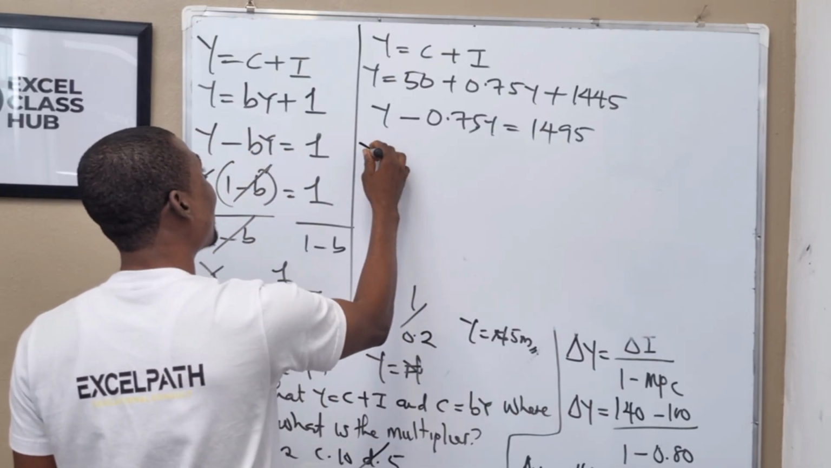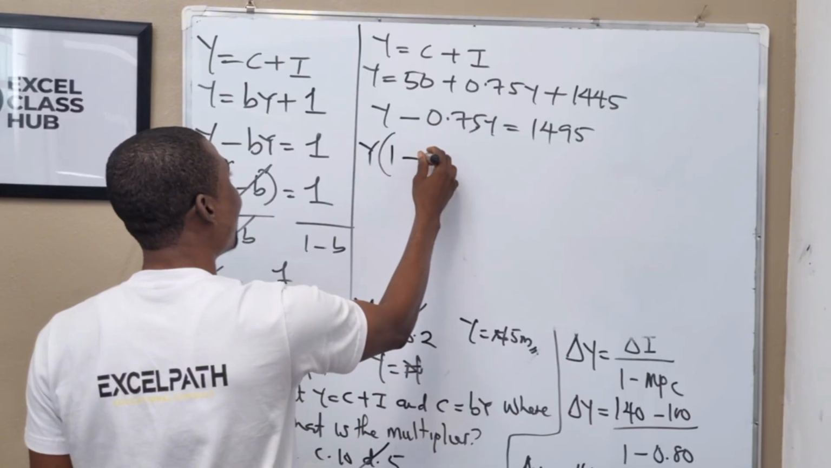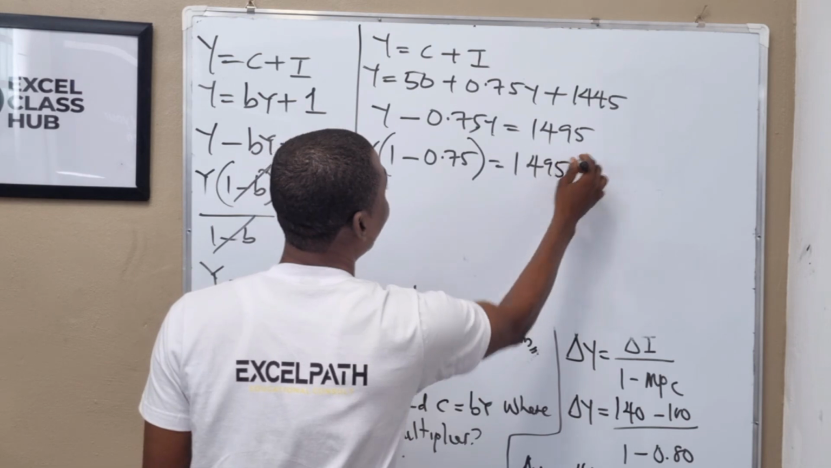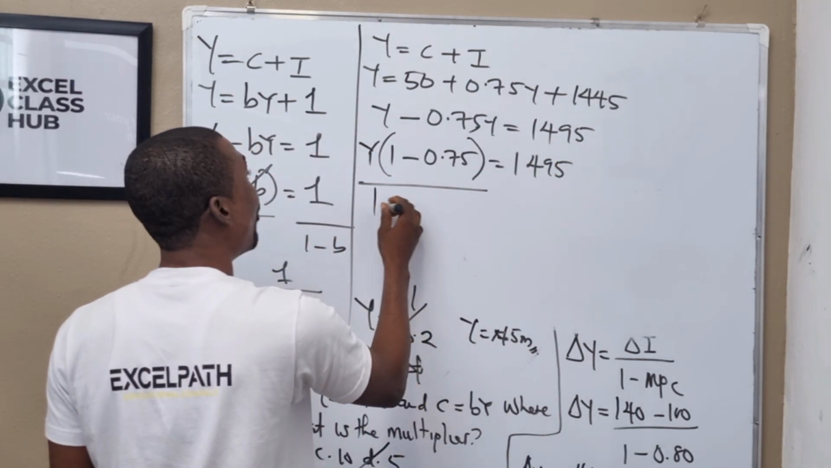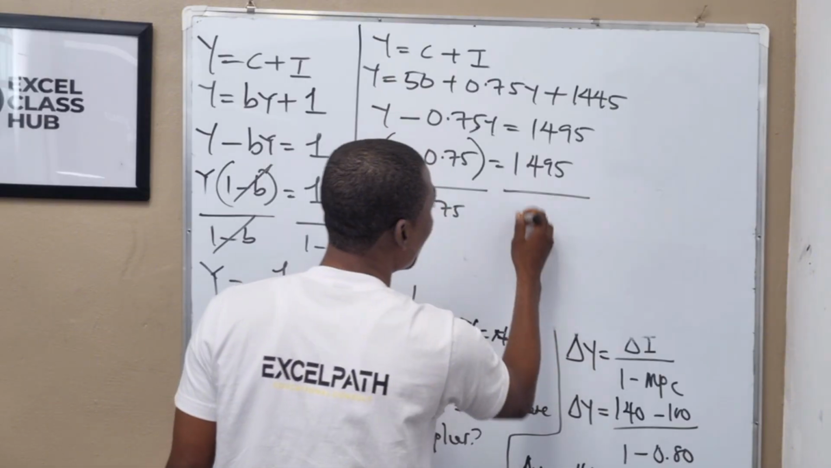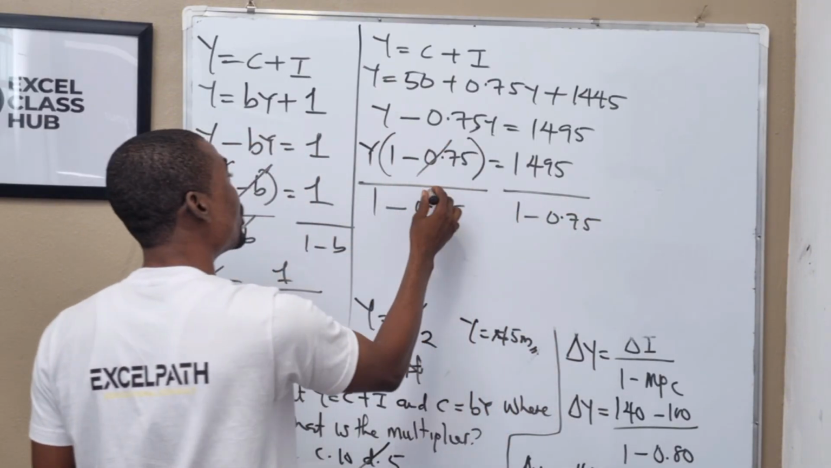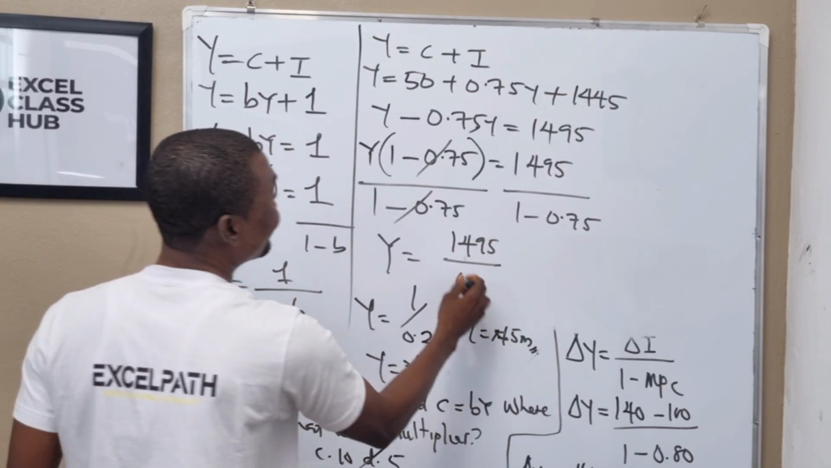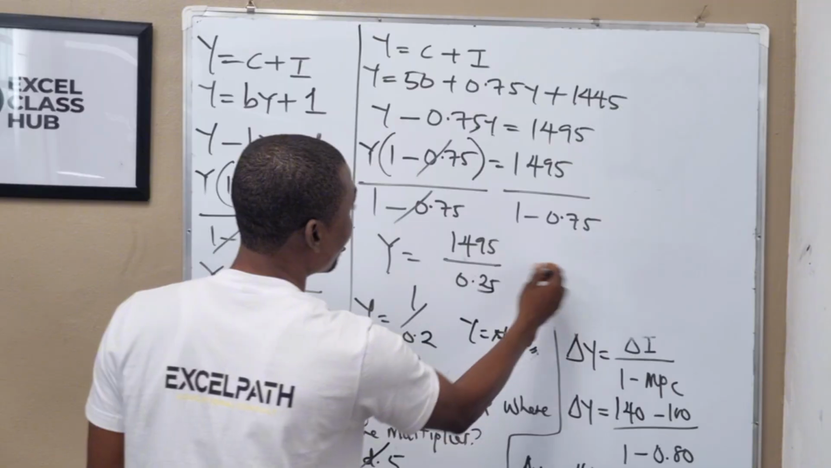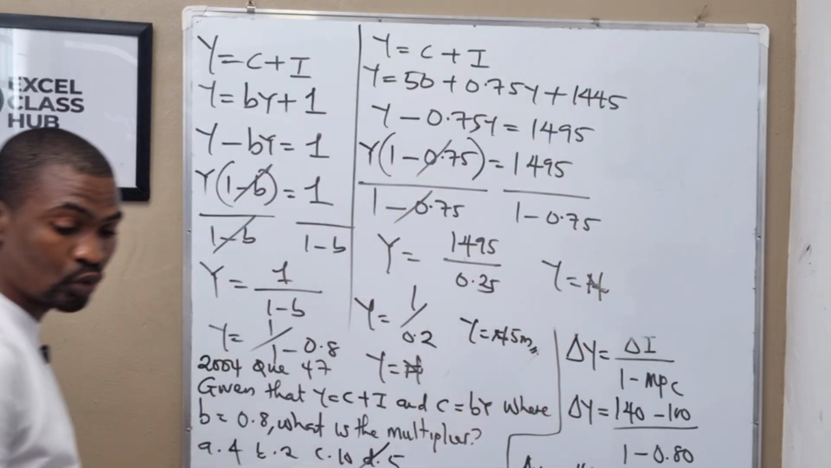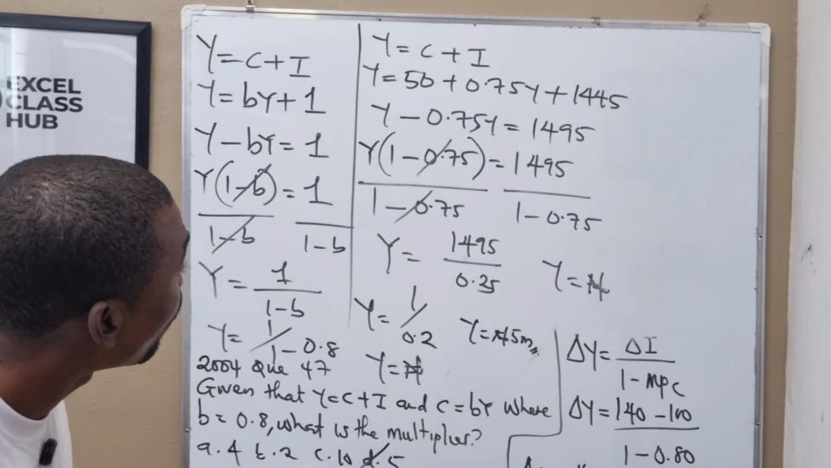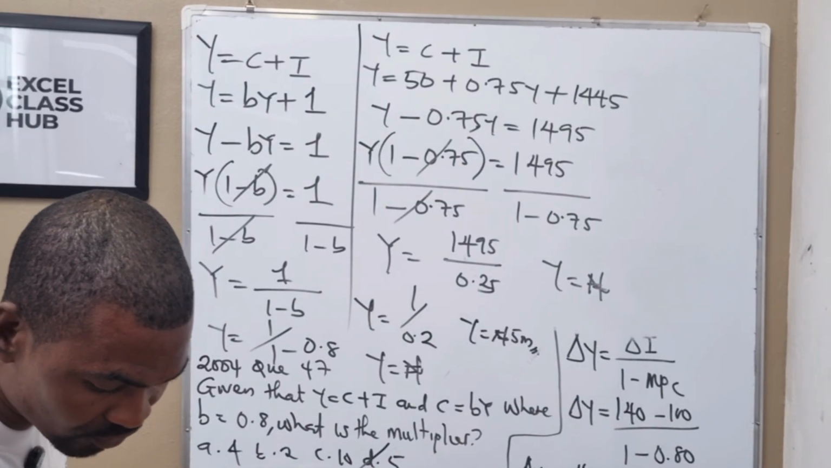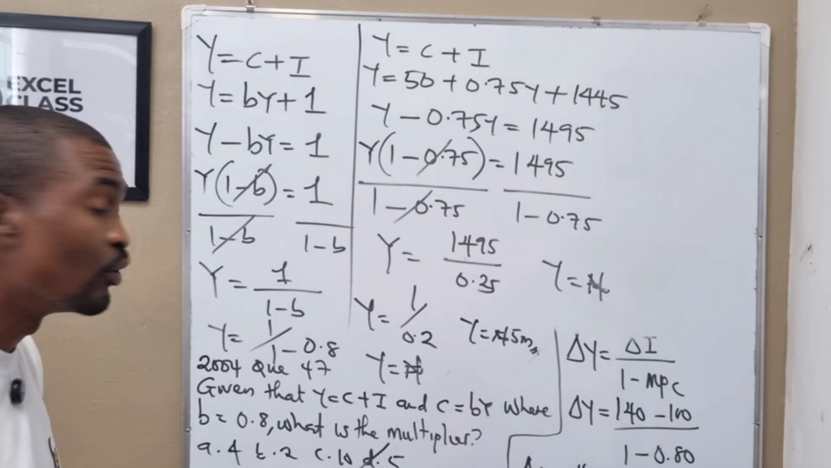Okay, so what is common here? Y is common. You bring out your y. Open bracket, what do you have left? You have 1 minus 0.75 equals to 1495. So you divide both sides by 1 minus 0.75, also 1 minus 0.75. So this we cancel this. We have y equals 1495 divided by 0.25. Okay, so final answer, y equals to 1495 divided by 0.25, which will give us